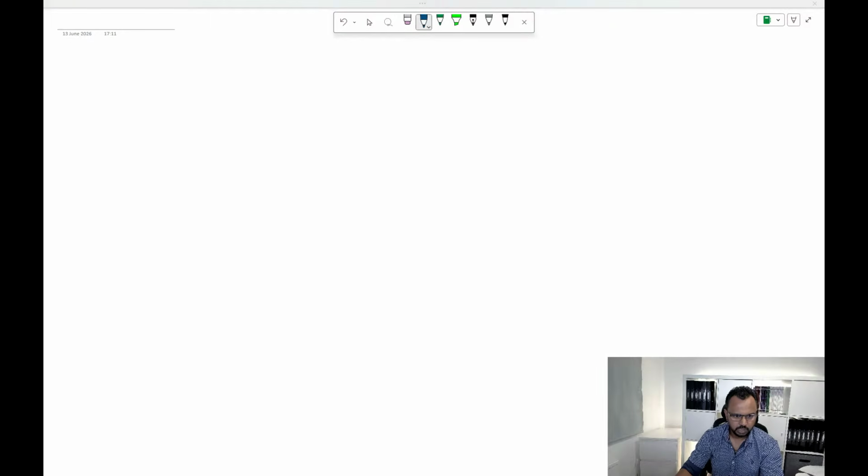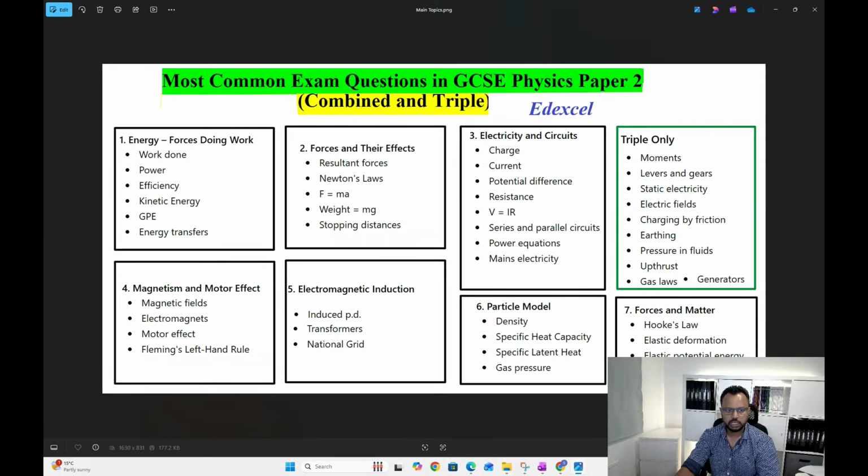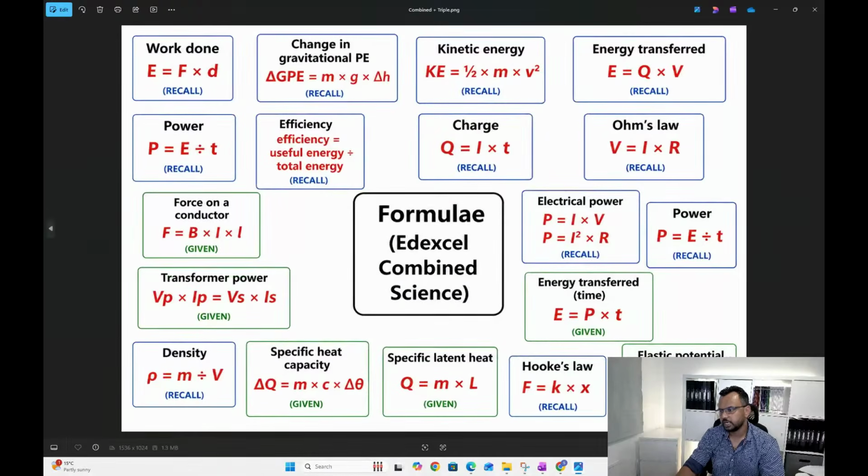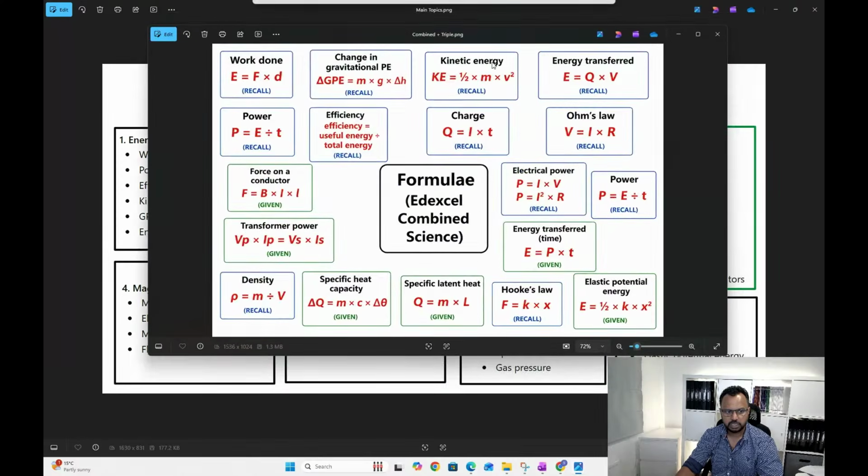Now, a few things that I said I would show earlier. Here you can see the things that I think are quite common in Edexcel GCSE Physics papers. So please make sure you learn these things. And for combined science, these are the main formulae that you need to know. So if you want to take a screenshot, get that, please. And sorry about the bit covered from my video. Elastic potential energy is half kx squared, which is what you can't see. I can do it like that here, oh, that's better, I think. EP equals half kx squared.